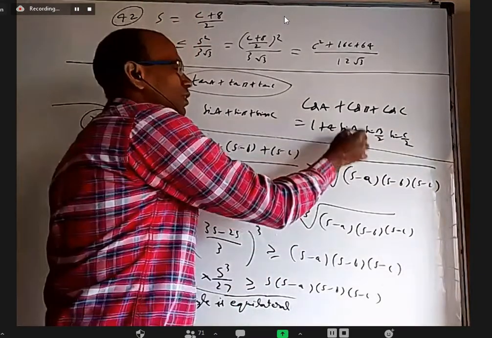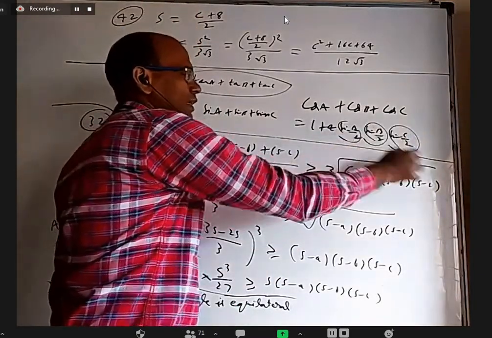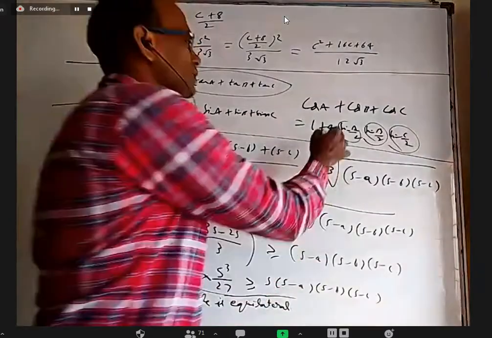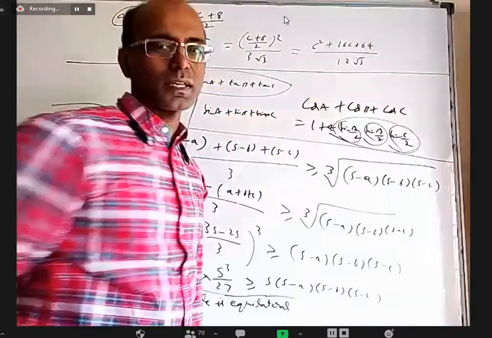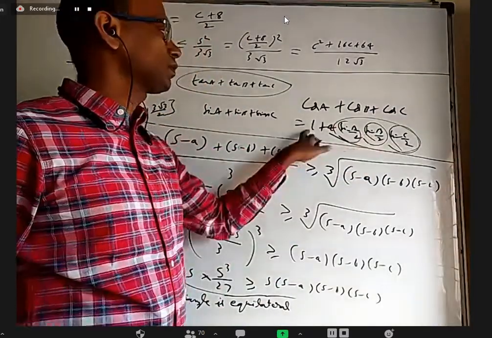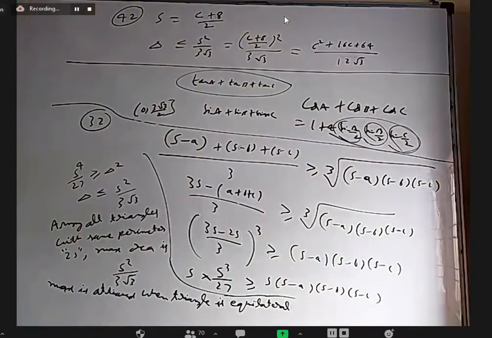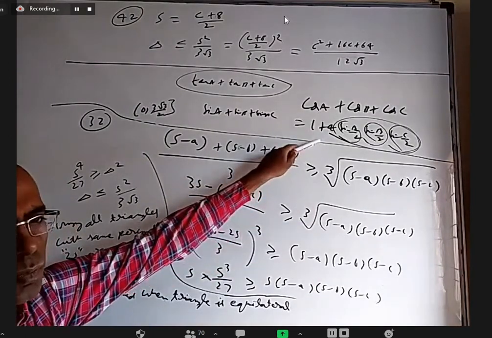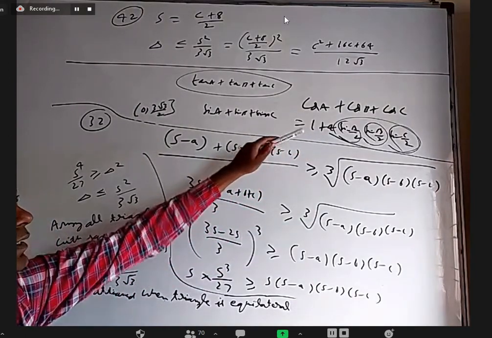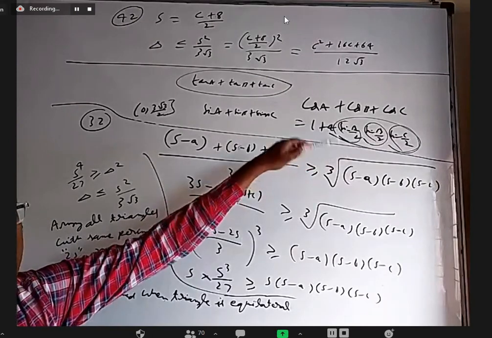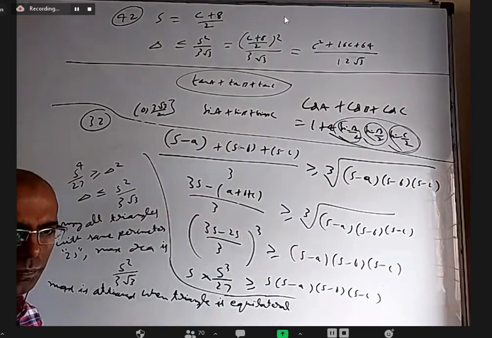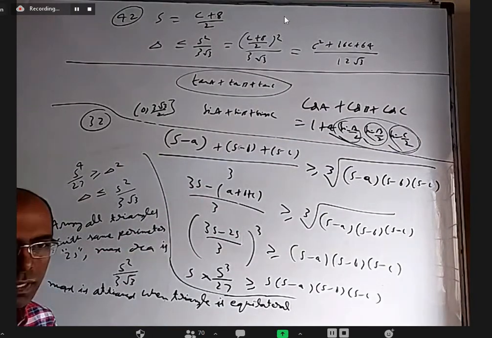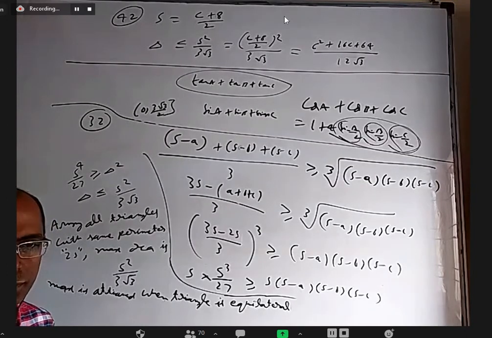Because sin A by 2 is always positive, sin B by 2 is always positive, sin C by 2 is always positive. This is always positive, so it is always 1 plus something only. And if it becomes 0, it will be very close to 1. So that's why it cannot be less than 1 anytime. It will always be more than 1. I think this gives a more tangible way of explaining that 1 plus a positive quantity has to be more than 1. So minimum is 1, and that too open, it can never become 1. And maximum is 3 by 2.